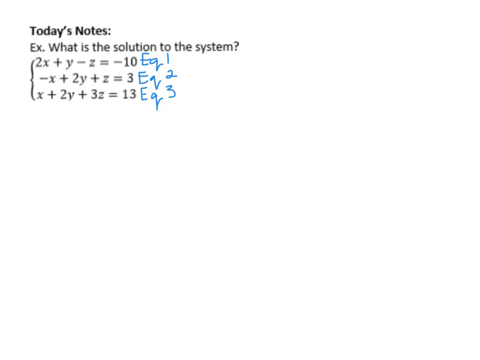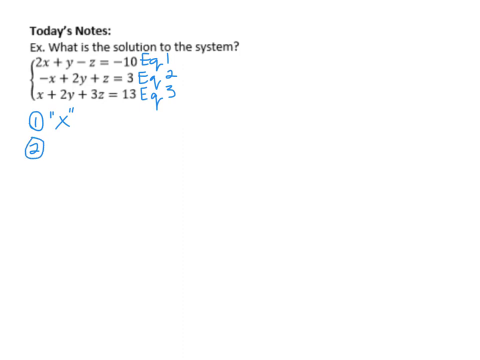Well, if you look at any of the 3 columns, none of them really look that bad. They all look pretty manageable to deal with. So I'm going to go with eliminating x's. Step 1, I'm just going to say that that's the variable I'm eliminating. Now what we have to do is combine our equations in such a way where we can eliminate x twice and create that smaller system. That's step 2. So if I look at how easy it will be to eliminate x's, what I'm going to look for